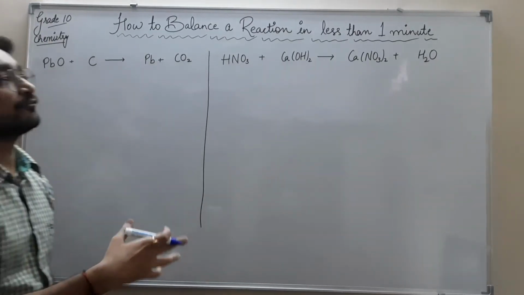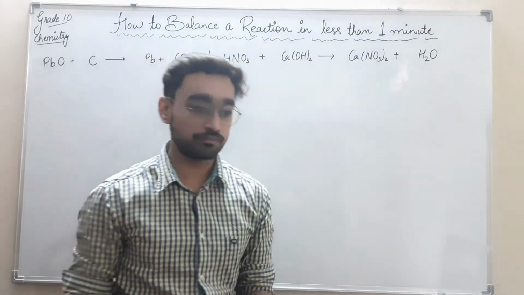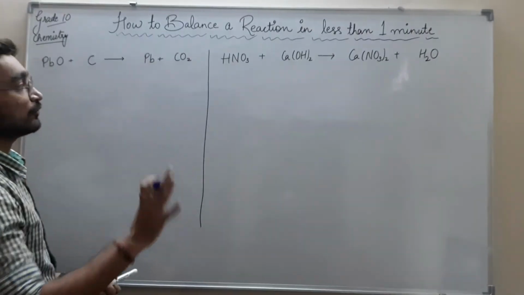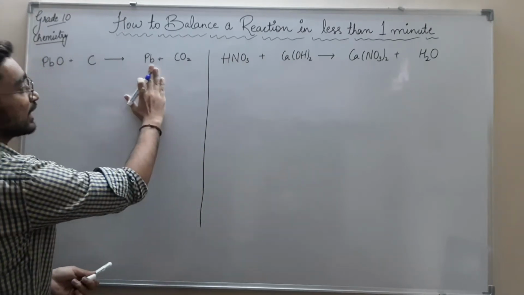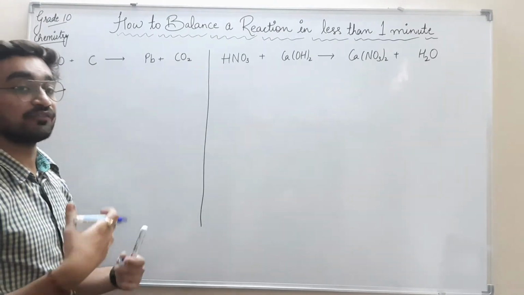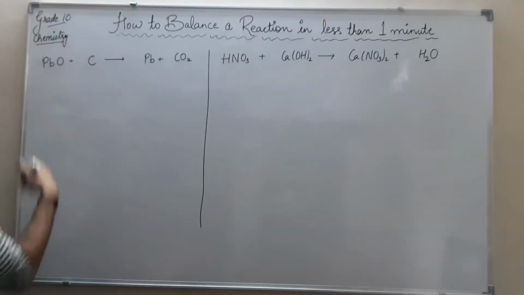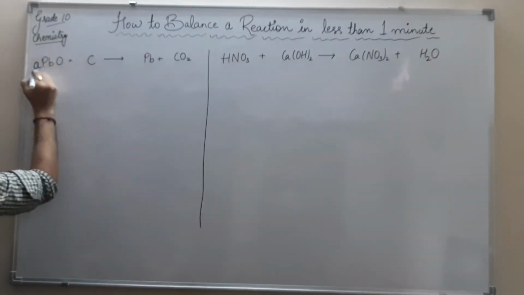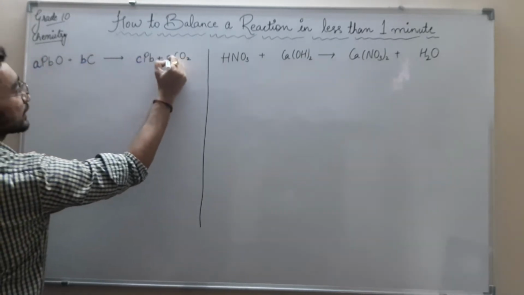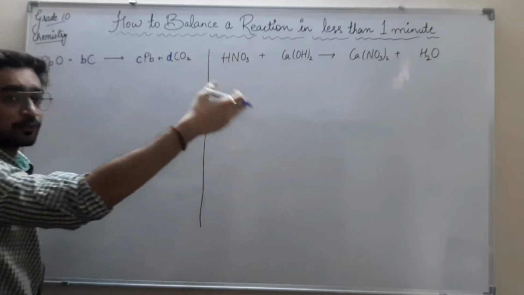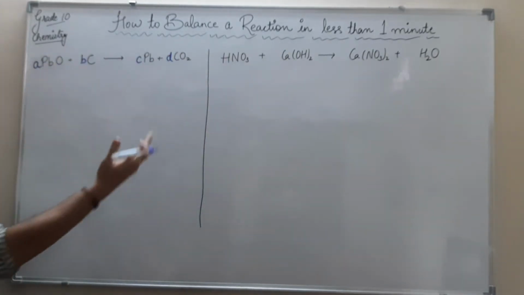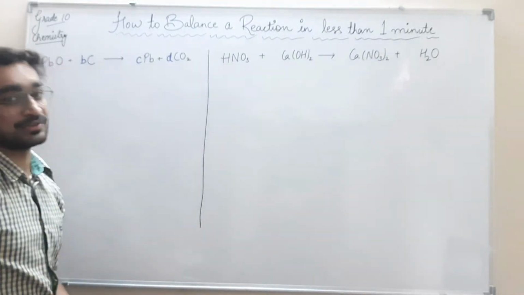In this complete process, we have to take variables, depending on how many reactants and how many products there are. On the basis of them, we give each one a variable, or an alphabet. For example, I will write here A, B, C, D. If any other reactant or product is also there, I will give E, F, G, H. It depends upon the number of reactants and products we are using here.